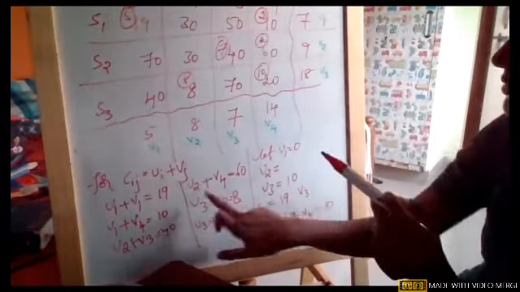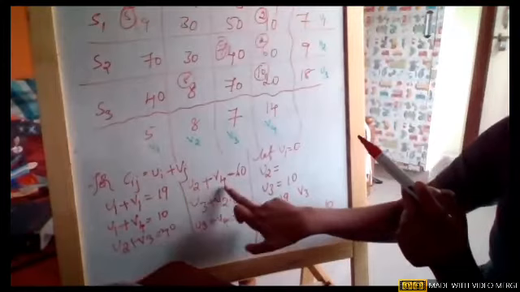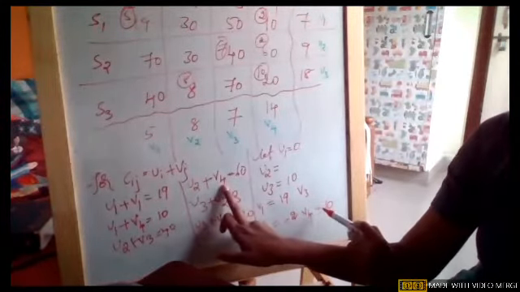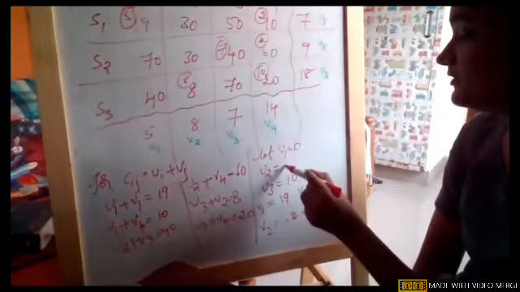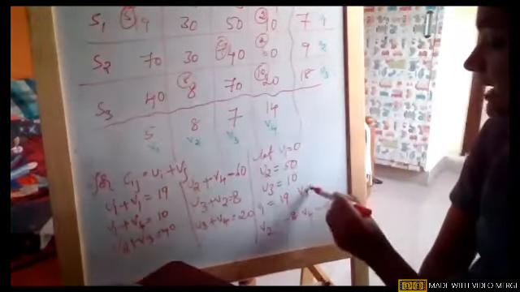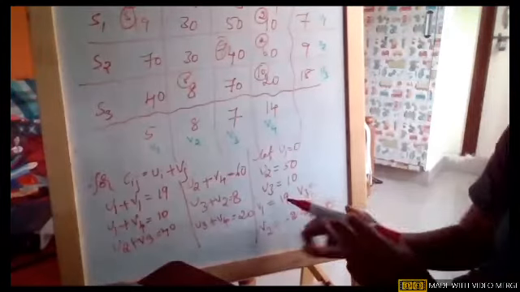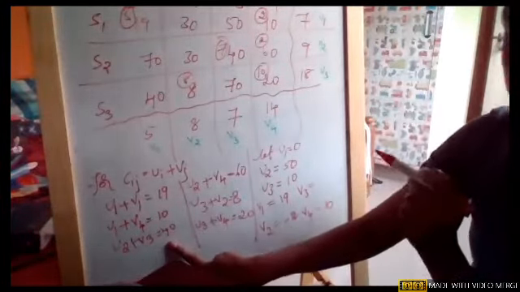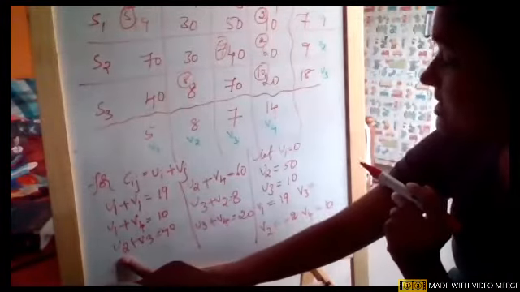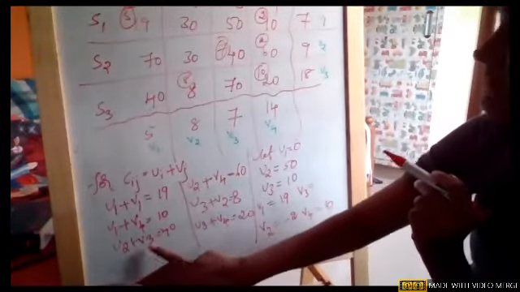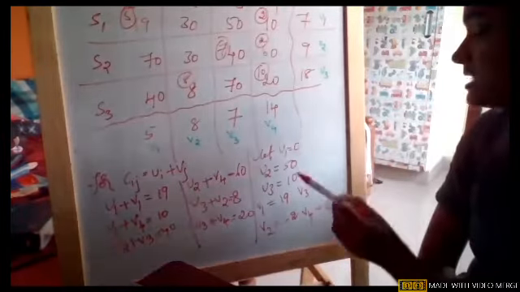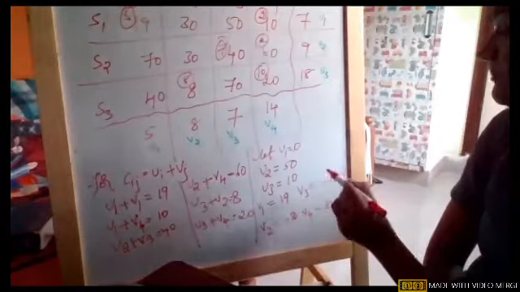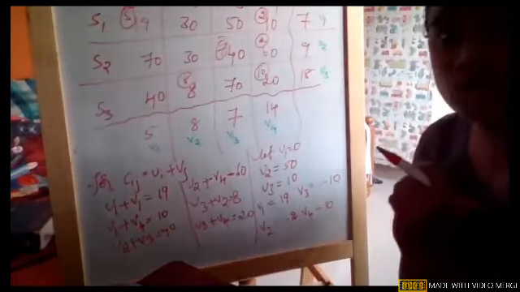We need the U2 value. Here in this equation, we know the V4 value. As V4 is 10, U2 is equal to 60 minus 10. Can I say U2 is 50? Yes. What else is remaining? I still need to get V3. We have U2 plus V3 is equal to 40. As U2 is equal to 50, V3 is equal to 40 minus 50. So V3 is minus 10. Girls, is this step clear?